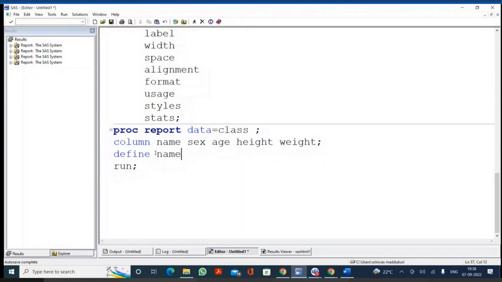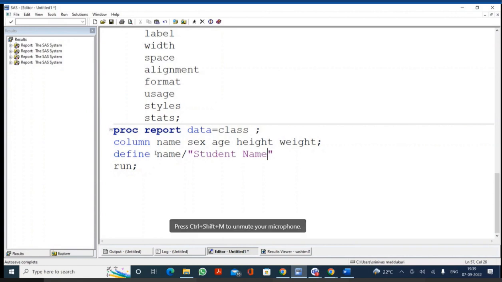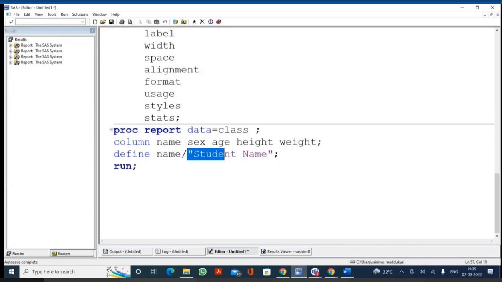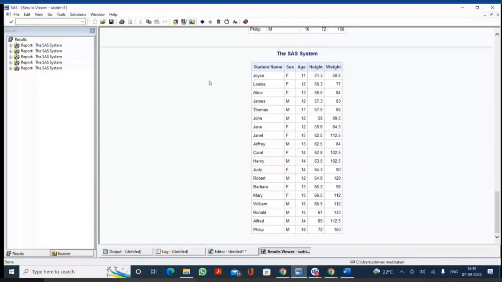And immediately after the variable name, you should give a forward slash. Then within single or double quotations, whatever label you want to apply, you can write it. Now I want to give the label called student name. I am writing student name and giving that label. And finally, you should keep a semicolon. You need not write label is equal to or a label statement. Simply within the quotations, you should write the label. Now see, if I select the program and execute the program,